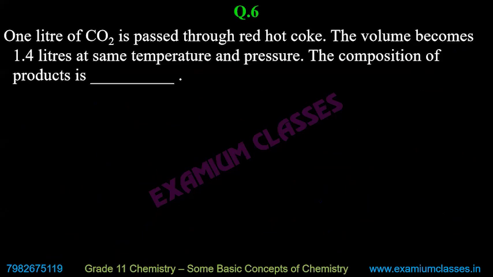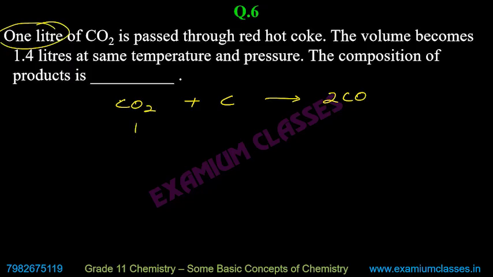Next question. 1 liter of carbon dioxide is passed through red hot coke. The volume becomes 1.4 liter at the same temperature and pressure. The composition of the products is. Now in such questions, you again need to know the reaction. When CO2 is reacted with carbon at red hot temperature, it gets converted to carbon monoxide. Okay. So this is the balanced reaction. And according to this reaction, it is given,